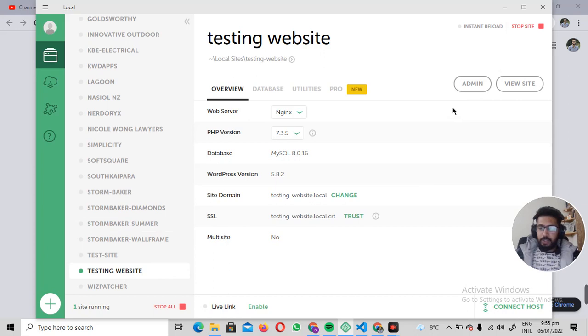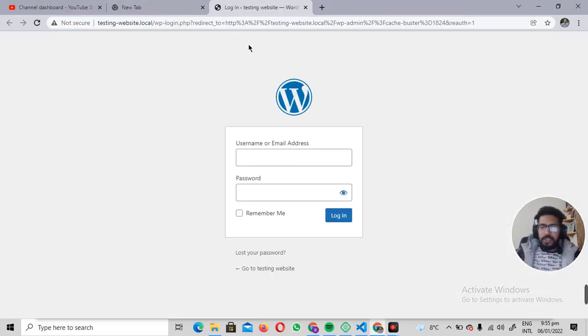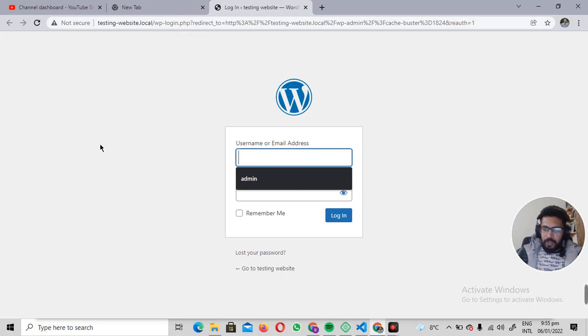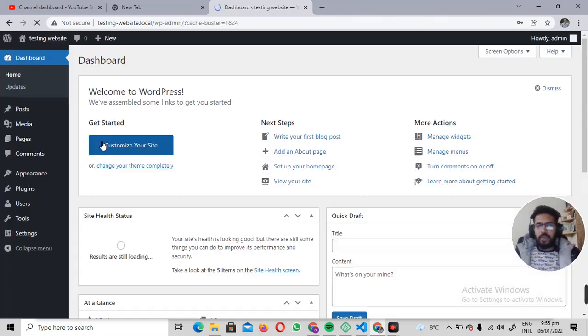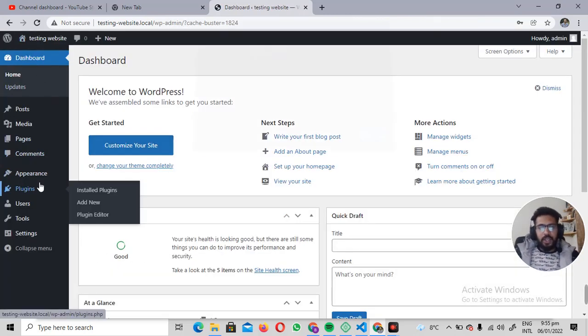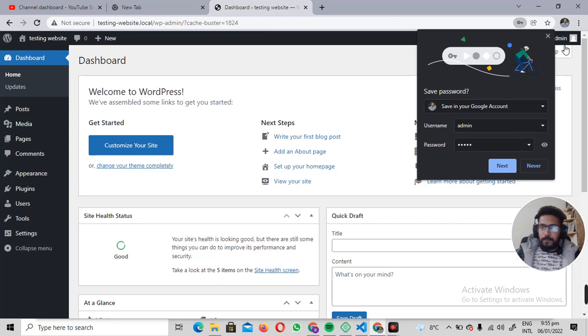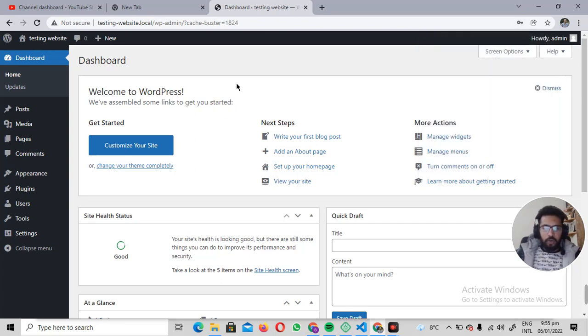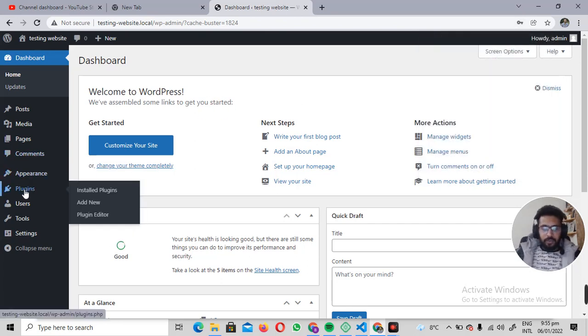You just need to click on that admin link. You need to open the dashboard of your website and give the required details, username and password, to log into the dashboard. Now we are going to install WooCommerce, and for that you will have to hover over Plugins and click on Add New,